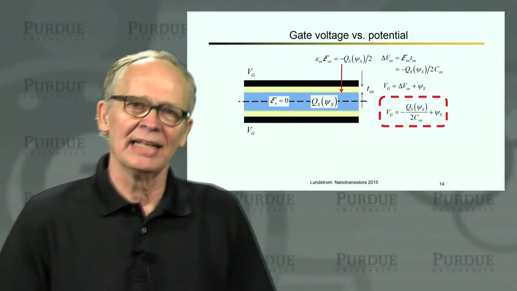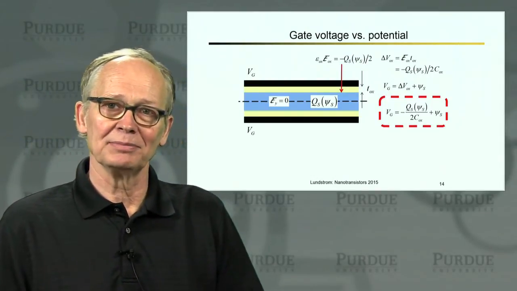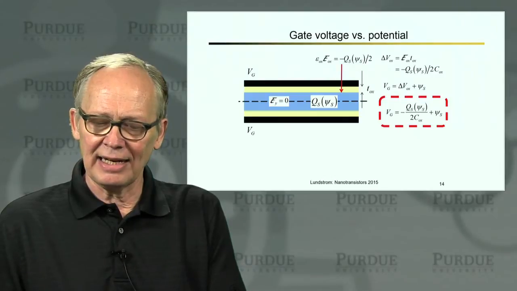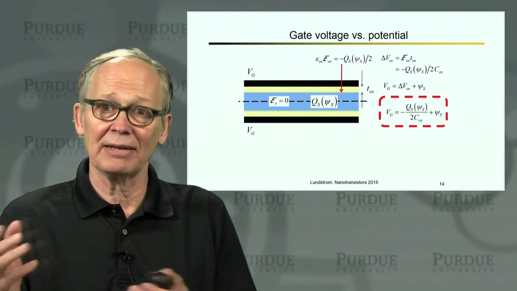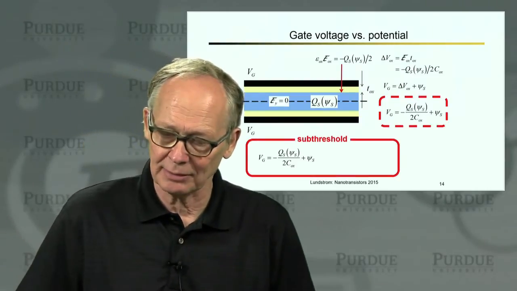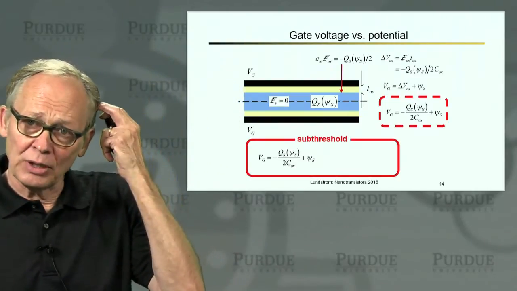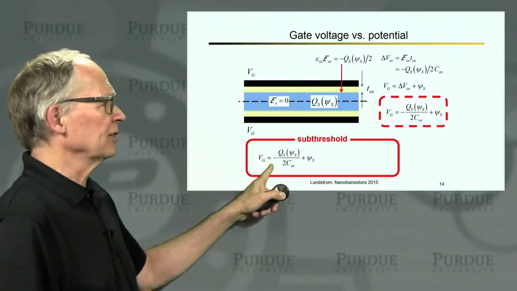So you could think of it, the capacitance is doubled. Instead of C, when I write Cox, I mean epsilon of the oxide divided by the thickness of the oxide, but I have 2 gates now, so I have twice the capacitance. So if I look at this in subthreshold, here's our relation.